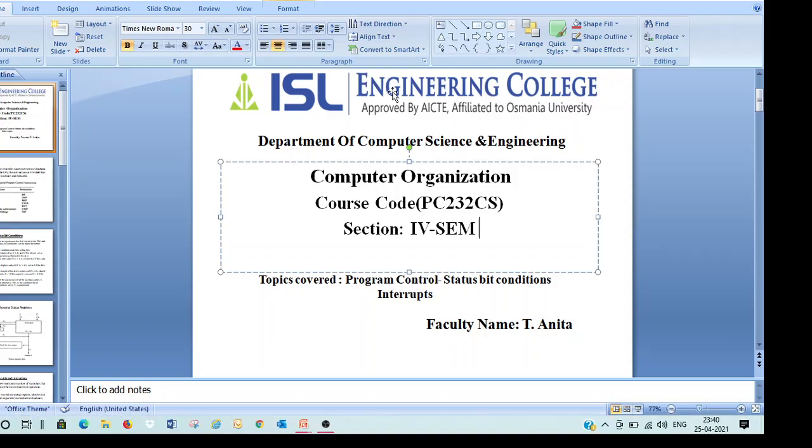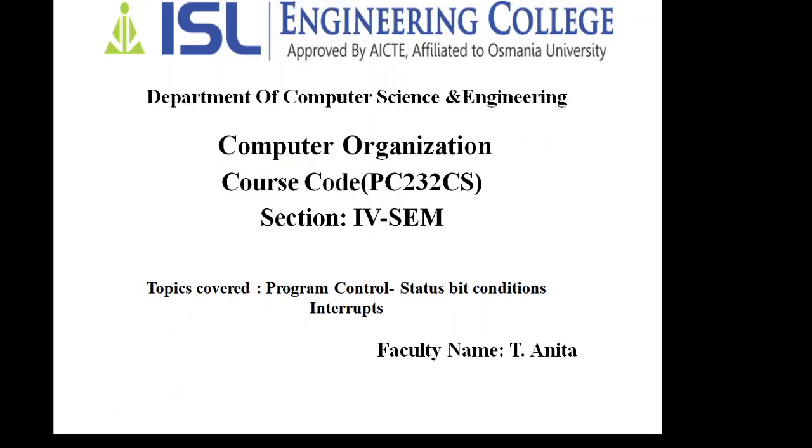Fine. This is how we have the different types of interrupts. Many of the things we have covered today. Program control, in the sense, consists of instructions that instruct the processor to do a particular task. Status bits, in the sense, as the ALU performs all the tasks of the arithmetic and logical unit, this arithmetic and logical unit can sometimes be replaced by the status bit conditions or status bit flags.